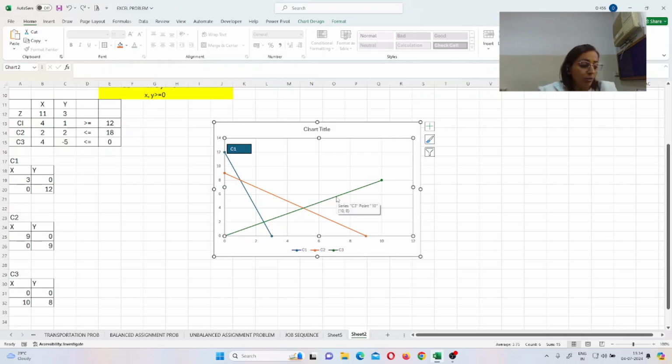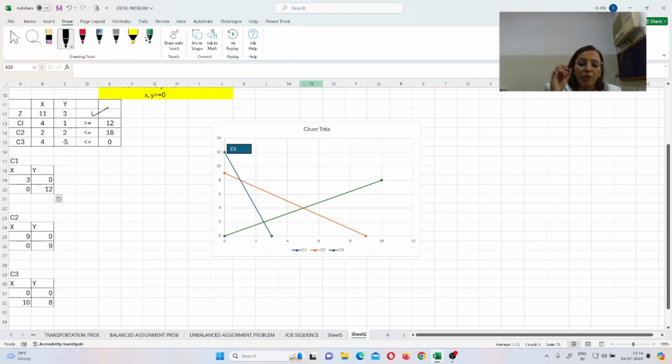If I want to find out the feasible area over here, what do I do? Like in C1, what is given to us in C1 is greater than. Whenever the value is greater than, we have to find the maximum value. Our shaded area is always on the upper part. So I make the shading for C1 on the upper part, right? So I'm doing it in this way. Hope you are getting these diagrams with the color combinations, right? This is my upper part.